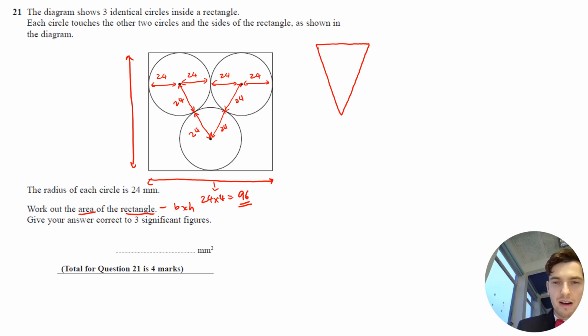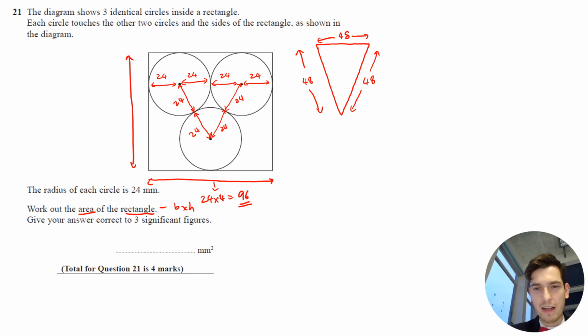And I think that this length here is 48. This length here is 48. 48 here. And to find the height of the rectangle, what I'm going to need to find, I'm just going to change to a different color,